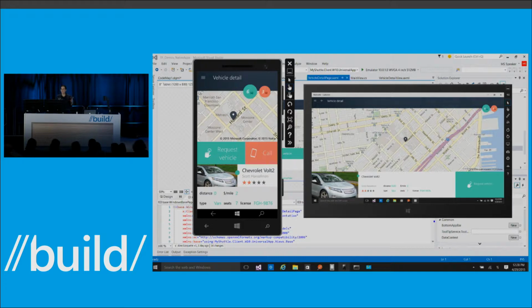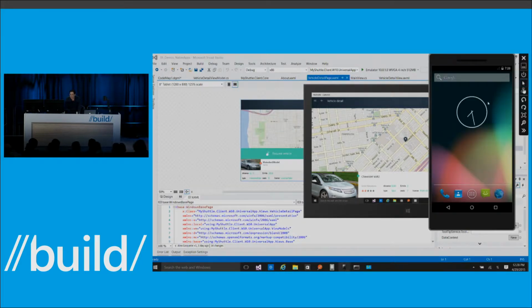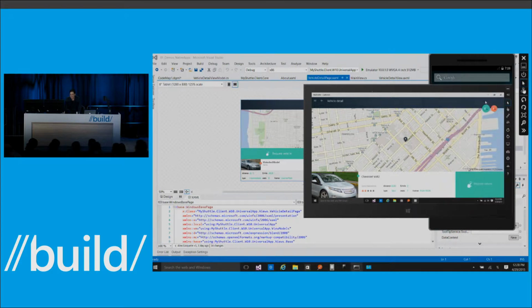So we built this 3 days ago. Yes, we could make the UI a little bit better, but you can see that we're actually using the same kind of technology for the Windows devices. Okay, so that's the Windows applications. And there are going to be a lot of sessions, and in fact, Joe Stegman is here, and I think he will be talking about this a little bit later, on how you can actually customize your XAML across the different devices.